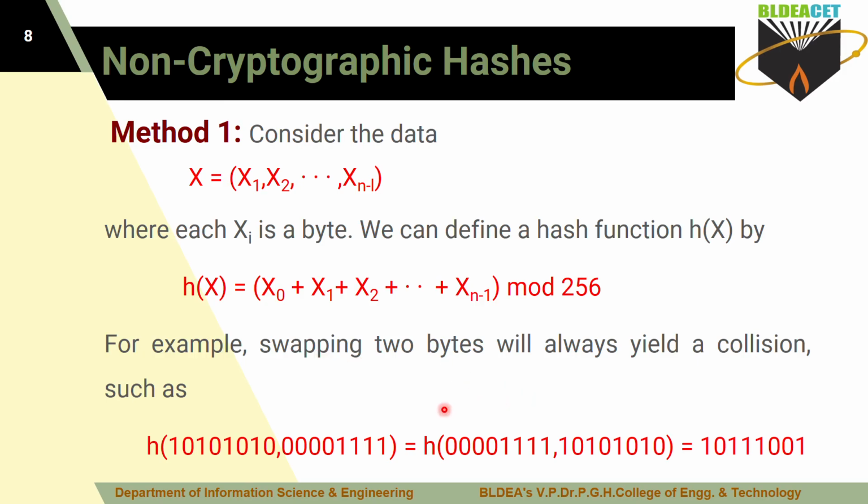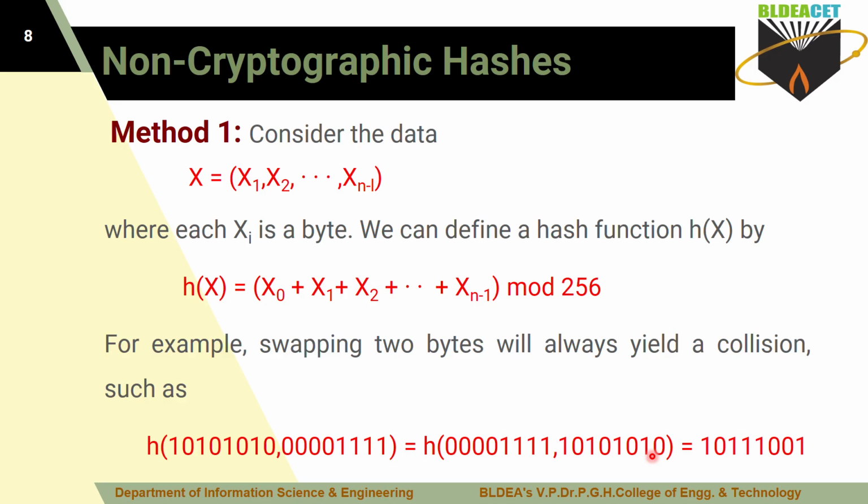See here, this is a message of 2 bytes. This is your first byte and this is your second byte. If I swap these 2 bytes and apply the hash function, then what result do I get? The hash value is equal. Is it resistant? As you know what weak collision resistance means, even if I add a simple white space and then calculate the hash value, that hash value is totally different from your original message hash value.